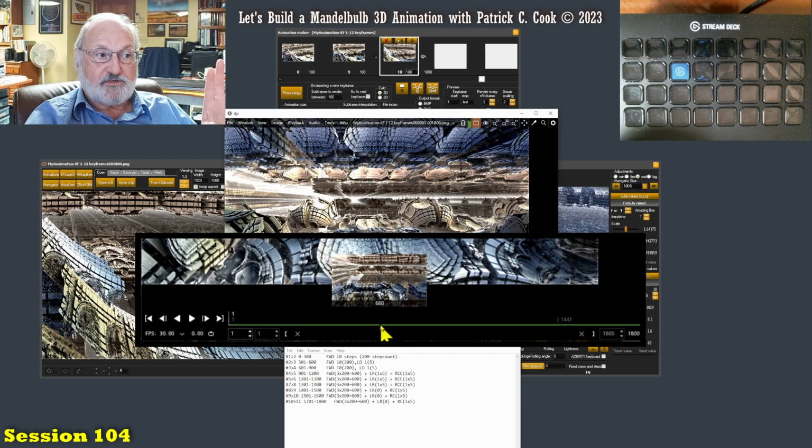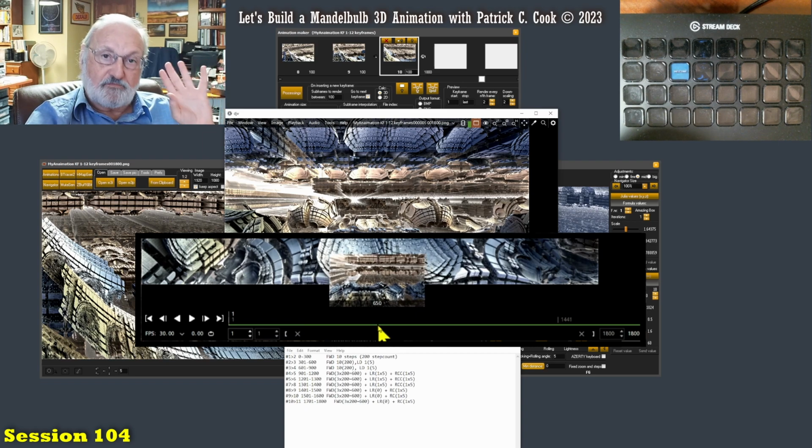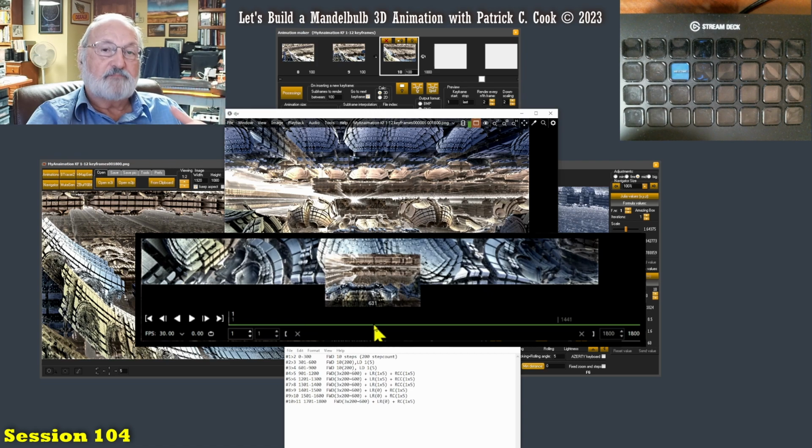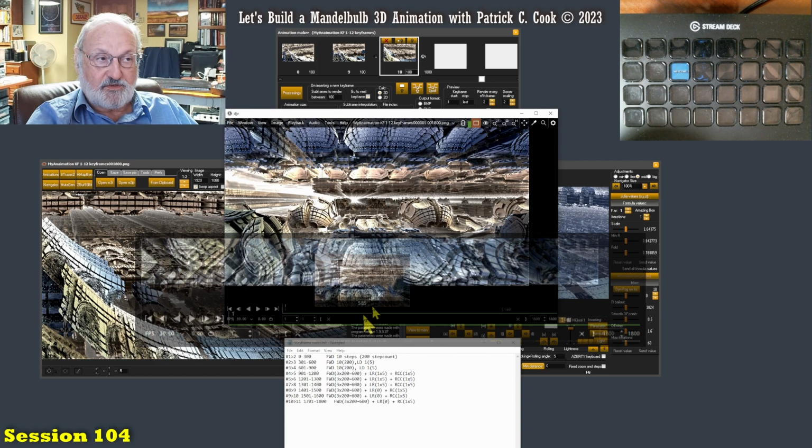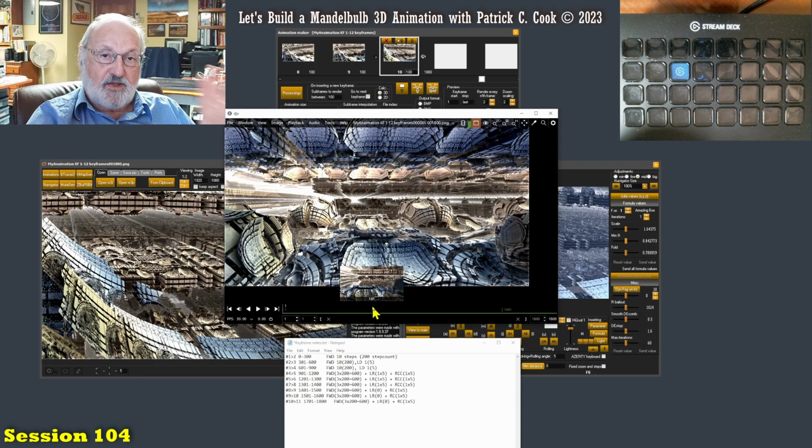So this is kind of a full-size preview, similar to what we had over in the Mandelbulb 3D software, but this is at full resolution with a very robust ability to control it, play it back, reverse play it, scale it. There's a lot of things we can do with this. All right, so now go get yourself DJV